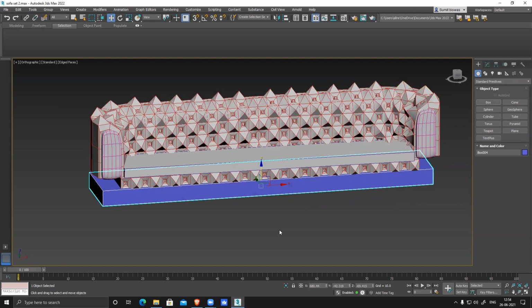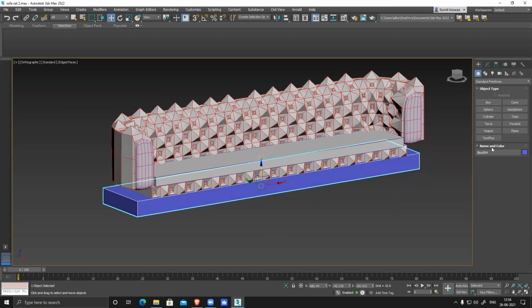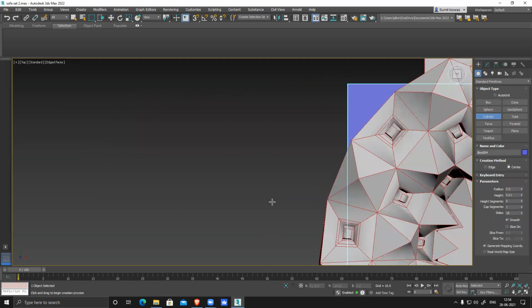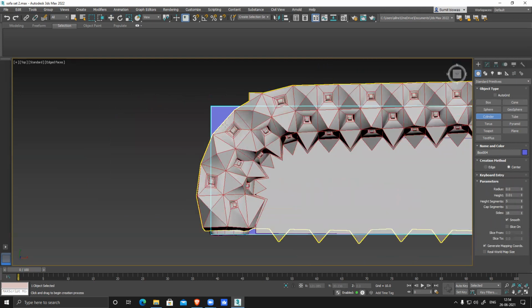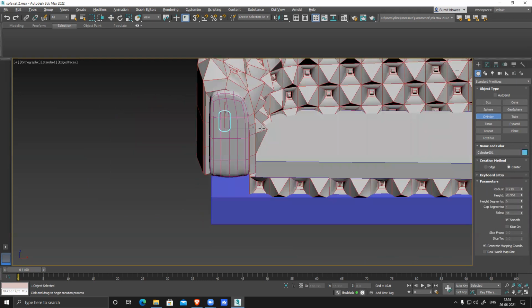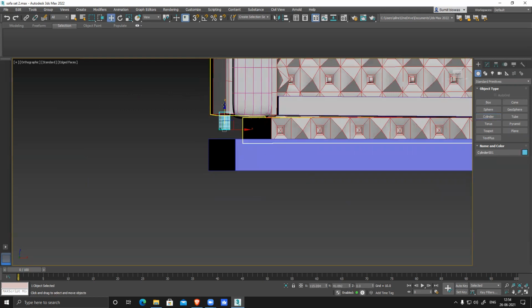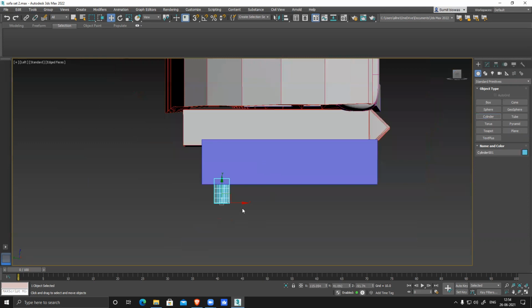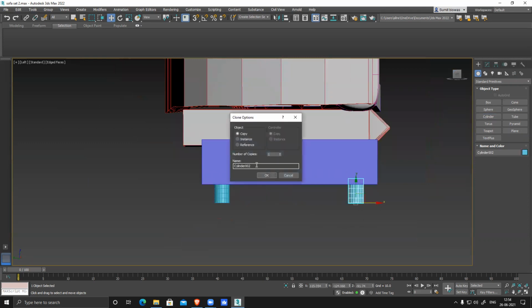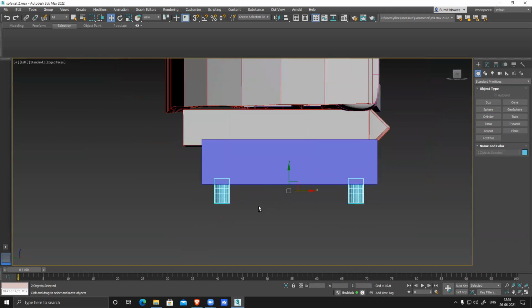Getting my point? So I create the base, and then there is a cylindrical shape, top view. Create the stand. Place it here. Left view. Place it here. Select both of them.